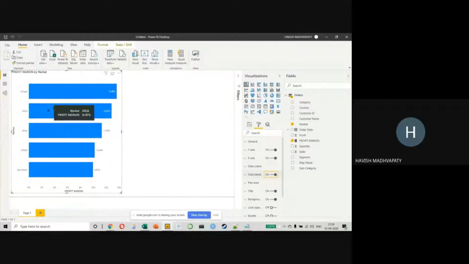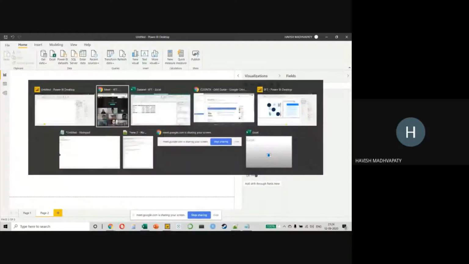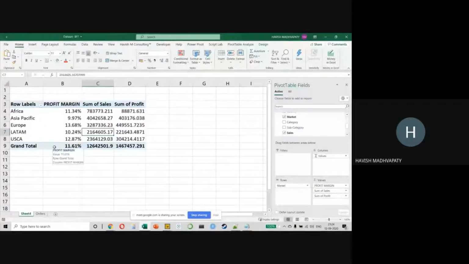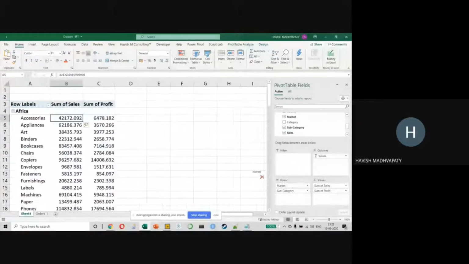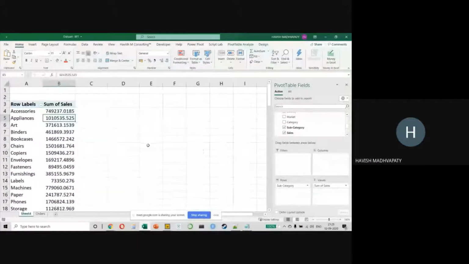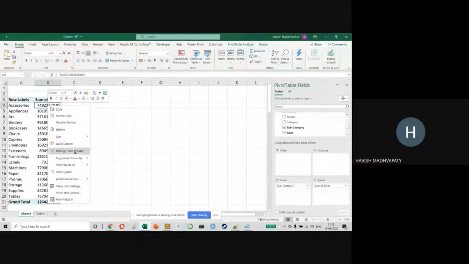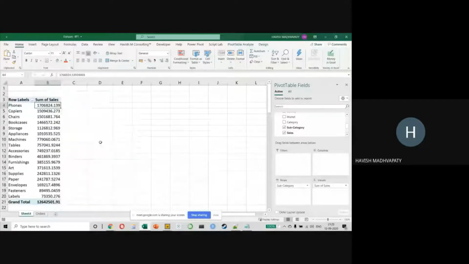Now, this was, of course, a very simple calculation that I showed you. I want to do something more here. So one question was on Pareto chart, right? And I think most of you got it, and I think you guys did a great job. But I want to quickly do it on Excel and then show you on Power BI. Interestingly, creating a Pareto on Power BI is 10 times more difficult, but it is definitely worth the effort. So because you guys know how to do it, I will not spend a lot of time on this. We keep subcategory, we'll remove the market. We will keep our sales amount. The first thing is we will sort in a descending order.